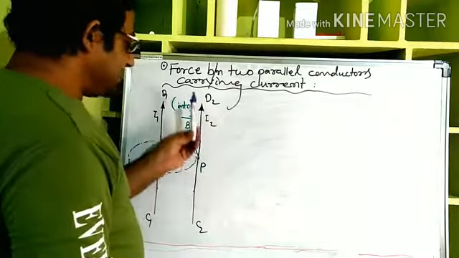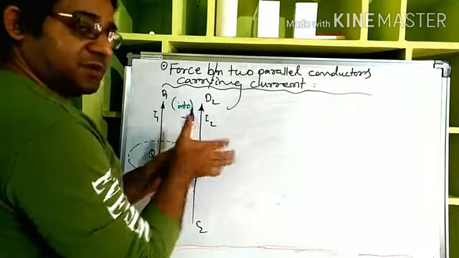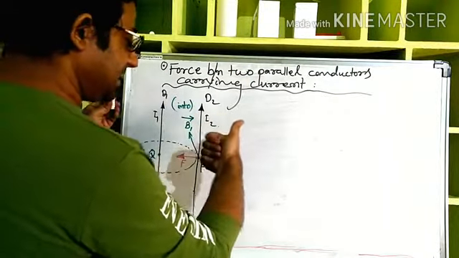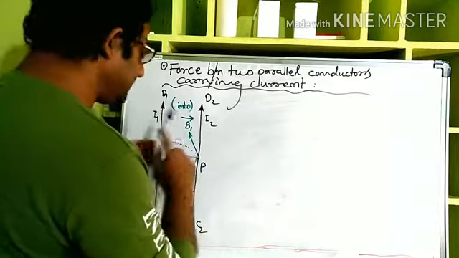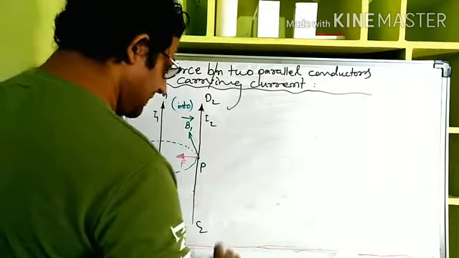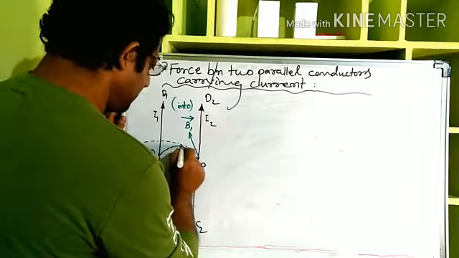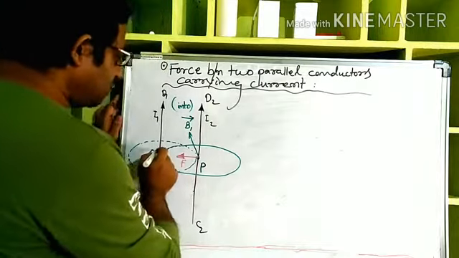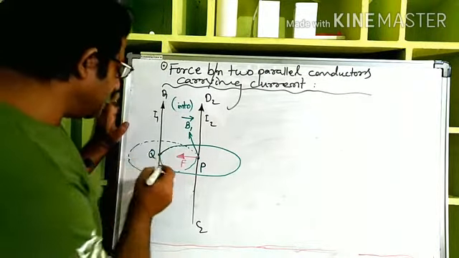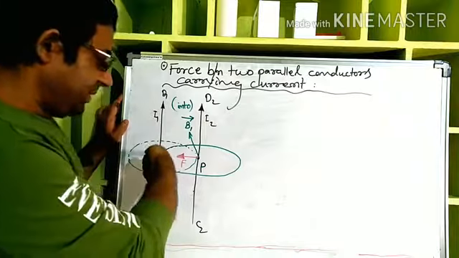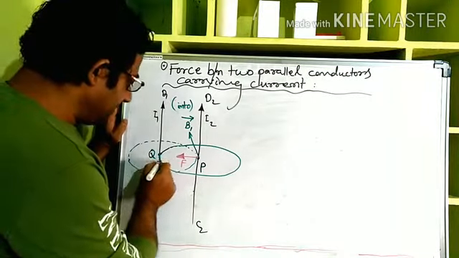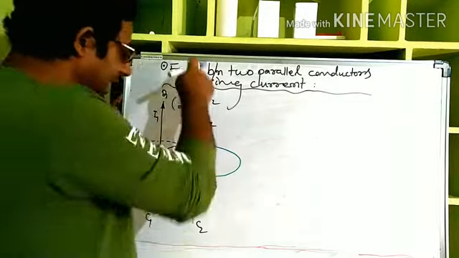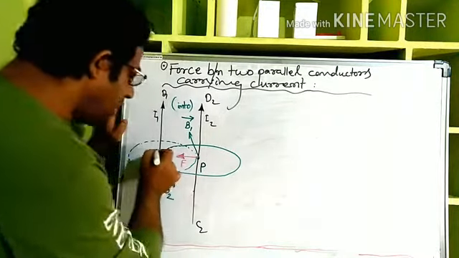Now, I2 is in this direction. If we apply the right hand thumb rule, keeping the thumb in this direction, the direction in which the fingers curl shows the magnetic field experienced at Q. So from Q, the magnetic field will come out of the board. It should be out of the board, but I am showing it in 2D like this. This will be B2 because it is the magnetic field due to I2. That's why I am saying B2. This is out of the board.